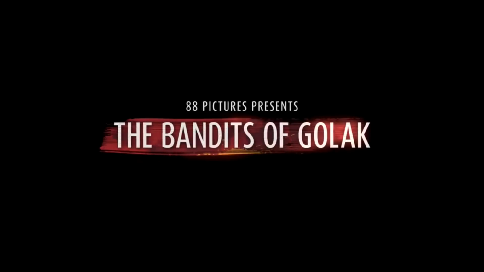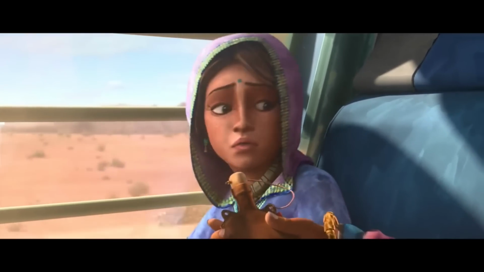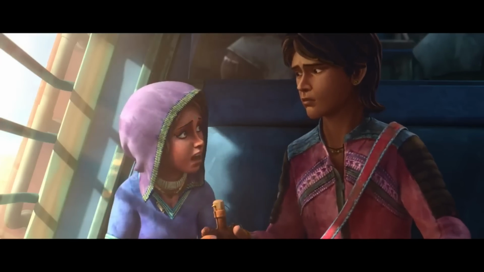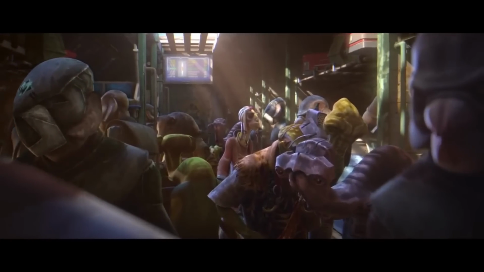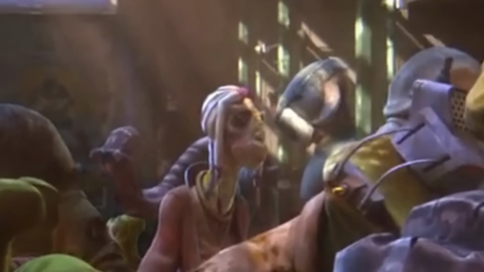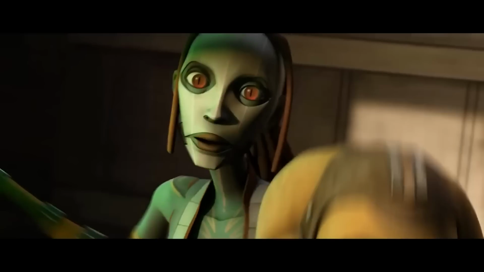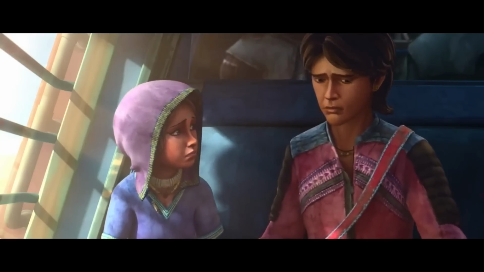Next up is the Bandits of Golak by 88 Pictures, and this episode had a lot of Indian influences from the setting all the way to the characters. We begin on a train, which is as Indian as it gets, and we can see several different species of aliens. But the most interesting one has to be the Cassian, which happens to be the same species as Jedi Master Tera Sinube. We are introduced to Rani and Charuk, and we learn that they are running from their village